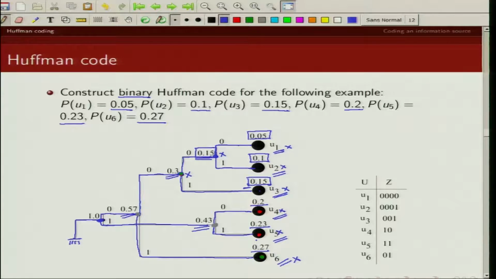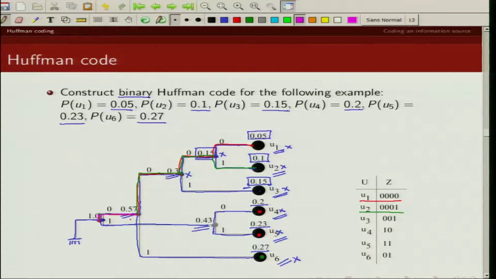So, for example, U1 is nothing but 0, 0, 0, 0. So, that is my code word corresponding to U1. What is U2? 0, 0, 0, 1. What is U3?